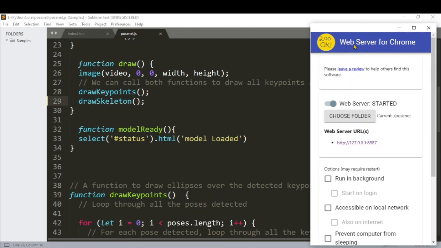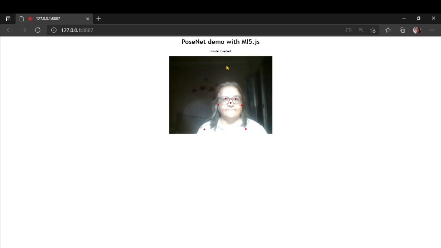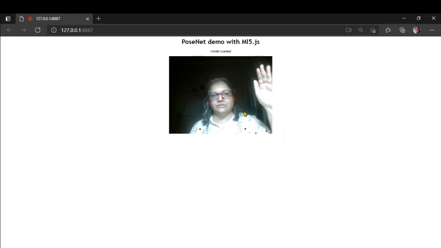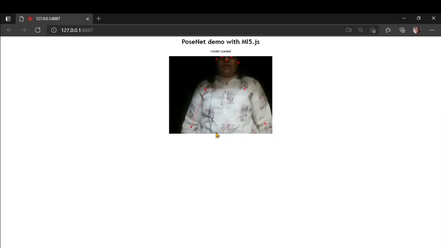You can install this Web Server for Chrome app when you want to make your URLs on your local machine come as if from a web server. Now this should also draw the skeletons. This line that you are seeing that is being drawn from one location to the other location, that is the draw skeleton. And if I get up, then you would see it is drawing the complete skeleton.